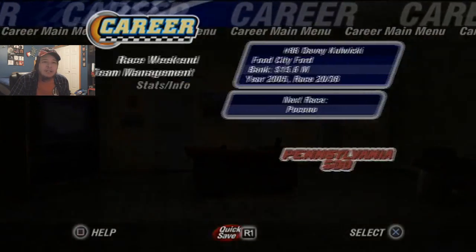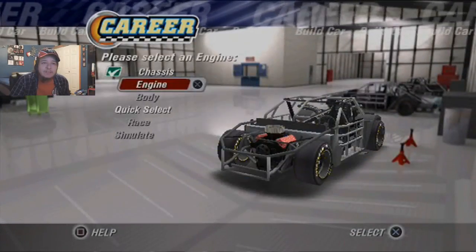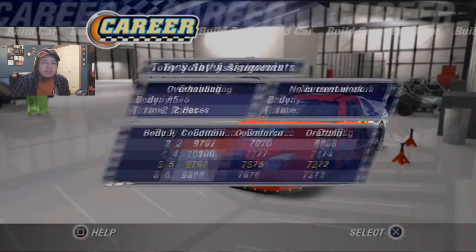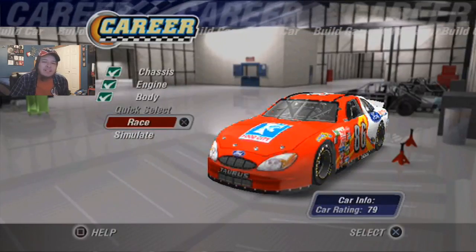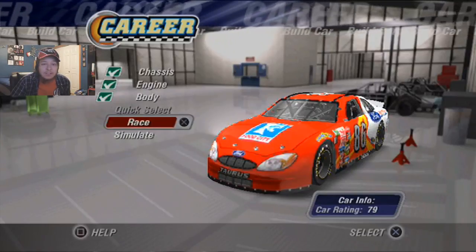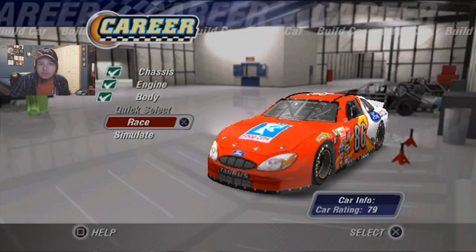So I'm just gonna head straight into the race weekend and pick out our stuff. It should be pretty good because everything's in the high 70s now. Go with chassis 7, engine will go with number 6, and body will go with the best one we have, which is a number 4. And it's a car rating 79. This is like the 3rd time I think we've had a car rating 79, so that's very nice. So yeah, anyways, without further ado, let's just get into qualifying and see where we start here in the race